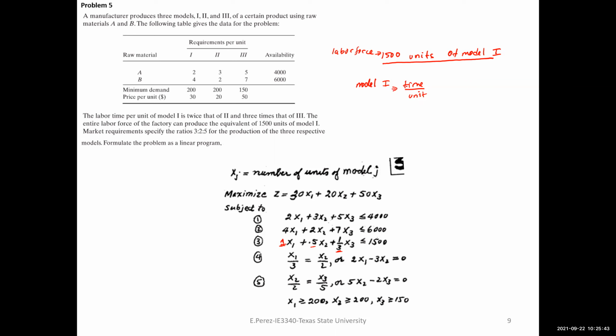So 1,500 units on model 1. So if I say time will be equivalent to 1,500 units of model 1, and if I know this is times